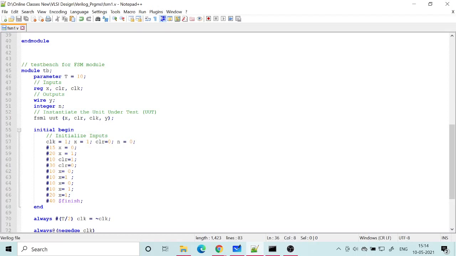As usual, whenever you have a module, say FSM1, all the inputs to that module, that is X, clear and clock, should be declared as reg variables in the test bench, and whatever is the output of the module should be declared as a wire variable, a net variable.